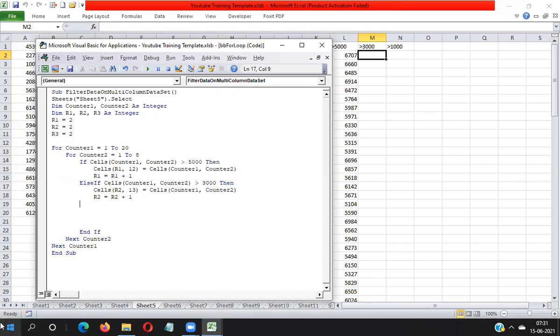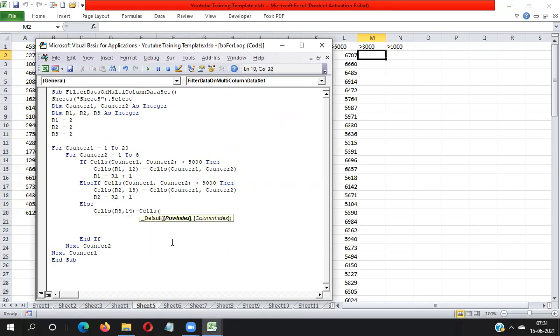Now for the third condition you can apply Else. Else means the rest of the values, which means less than or equal to 3,000. So here cells R3 comma 14 number column I need to place the data.